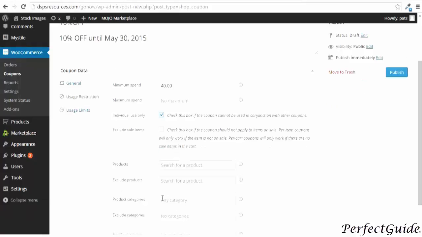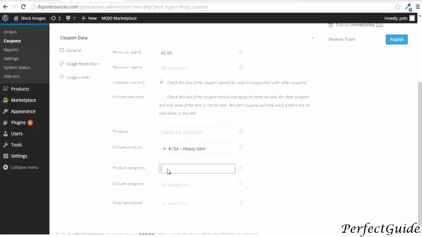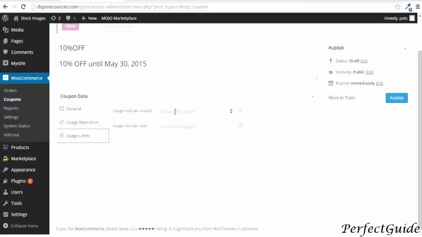You can also restrict the coupons to specific products, or you can exclude specific products. In our case, I'm excluding the heavy item. You can set up specific categories to have your coupon valid in, or you can exclude different categories as well. You can limit the usage per coupon or per user. Once you're happy,